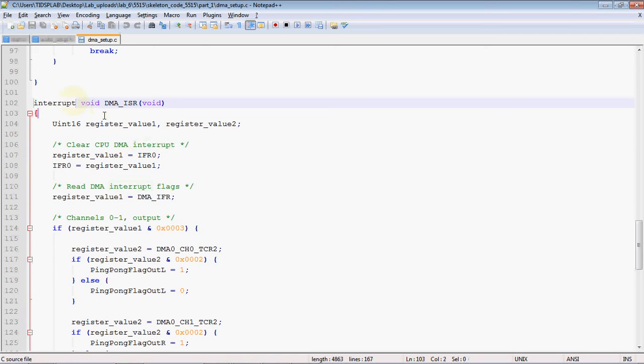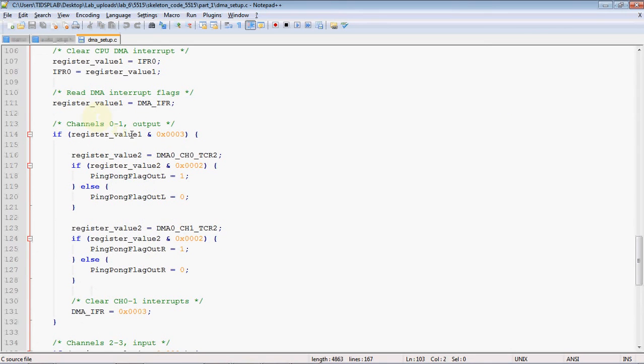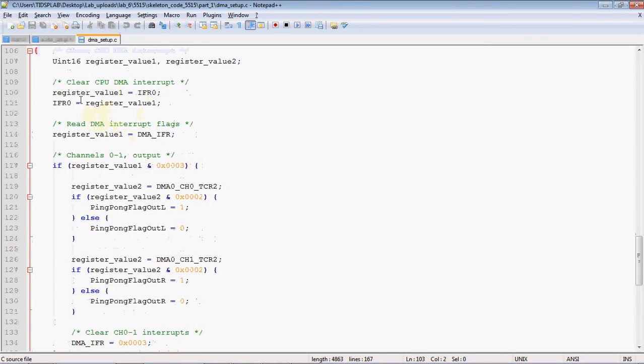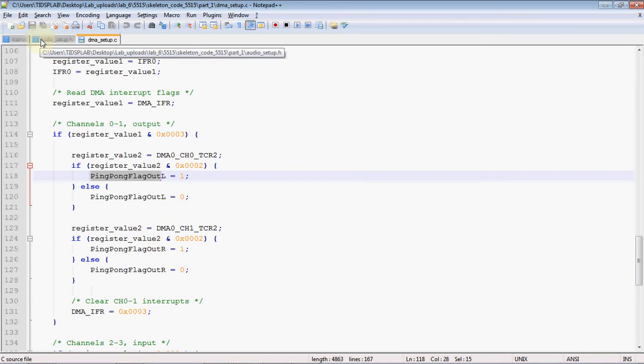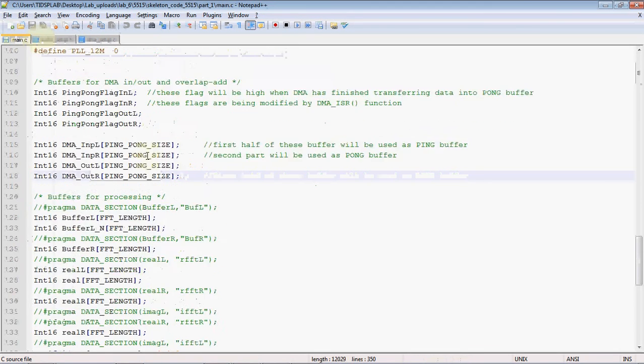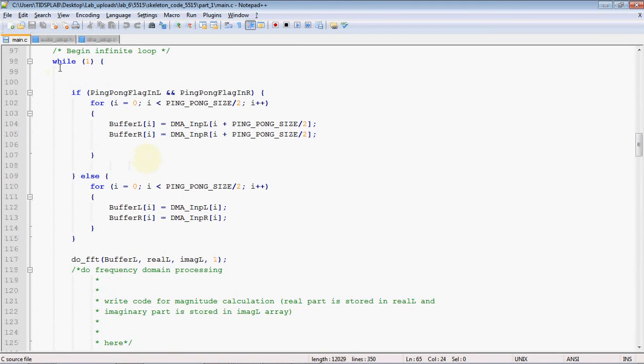It keeps checking values of the IFR0 register, and based on different flags it will change the values of the ping pong flag out L and R, and based on that we do data processing and transferring in the main function. So we are always checking for these two flags here, if else whatever.